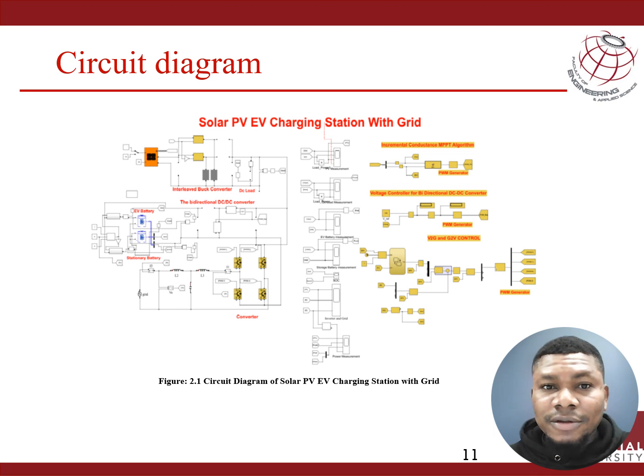To continue the presentation, I want to talk about the circuit diagram of the solar PV EV charging station with the grid. This circuit diagram was designed after our MATLAB simulation, and this design aims to maximize the utilization of renewable energy sources while providing a bidirectional energy flow capacity to support both the charging needs of EVs and the grid stability through V2G technology. And when looking at the circuits here, you see that there are a lot of